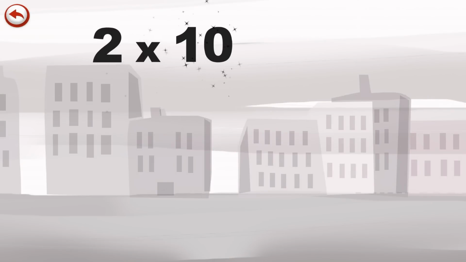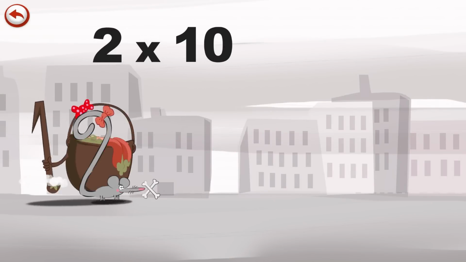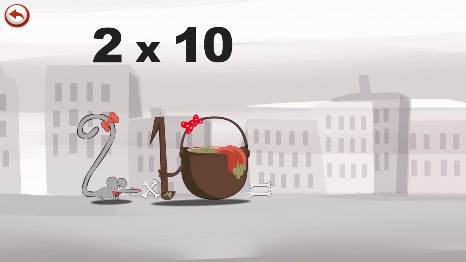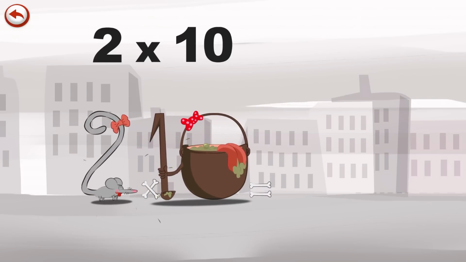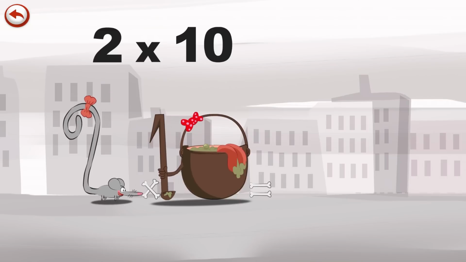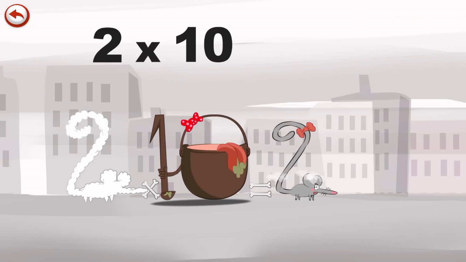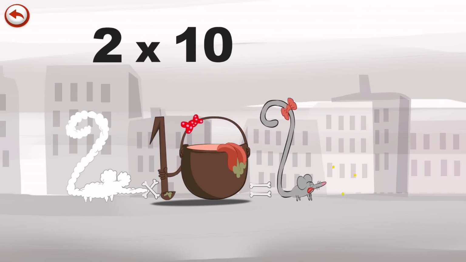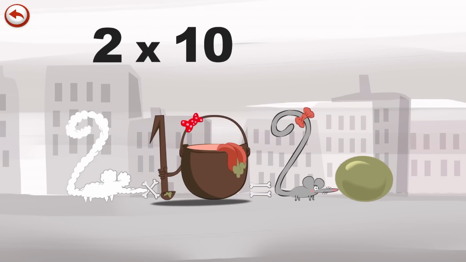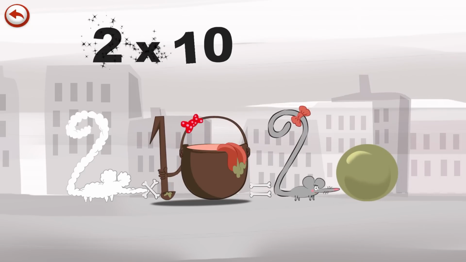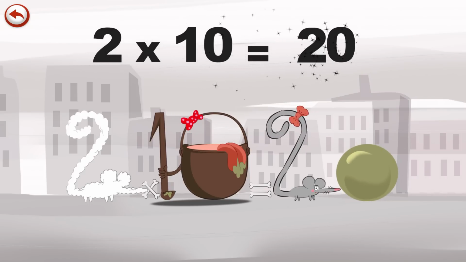What's the story of 2 times 10? When TwoSqueaks meets the potion MagiTen, it makes her very, very hungry. She dives headfirst into the cauldron and comes out feeling very full. She gives an enormous magic burp and blows a bubble in the shape of a 0. 2 times 10 is 20.